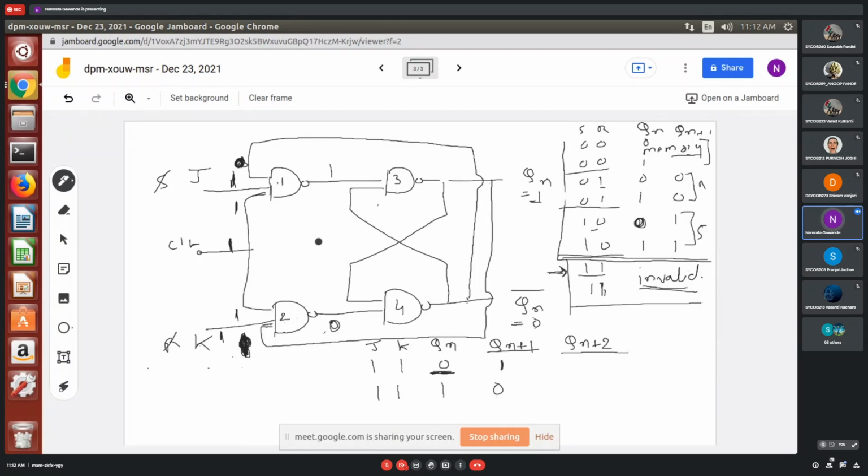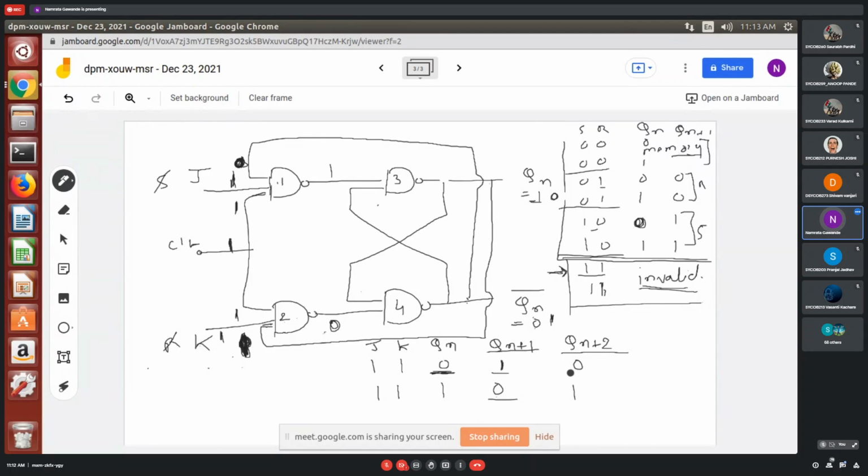Now again, just go through this circuit and check what output you will get. This is 1 and this is 0. If any one of the inputs is 0, what will the output be? Though it is 1, 0, I will get 1, and that time I will get the output as 0 over here. So whenever the present state is 1 and 0, the next state I will get is 0 and 1.